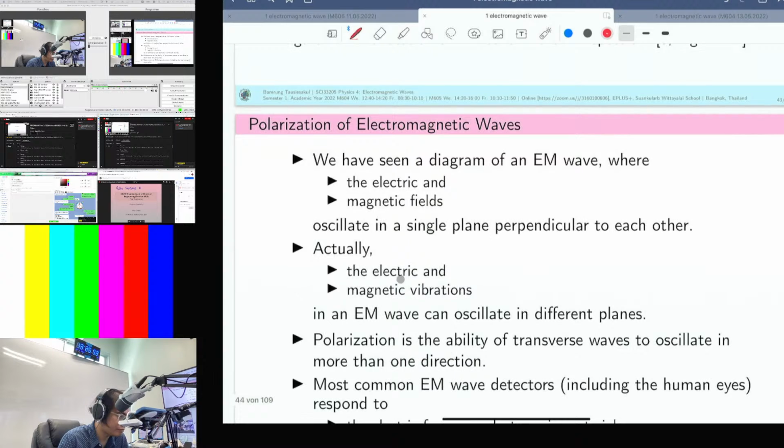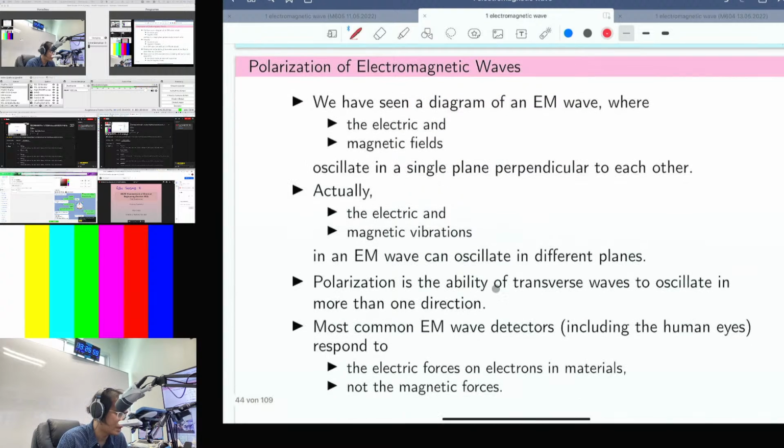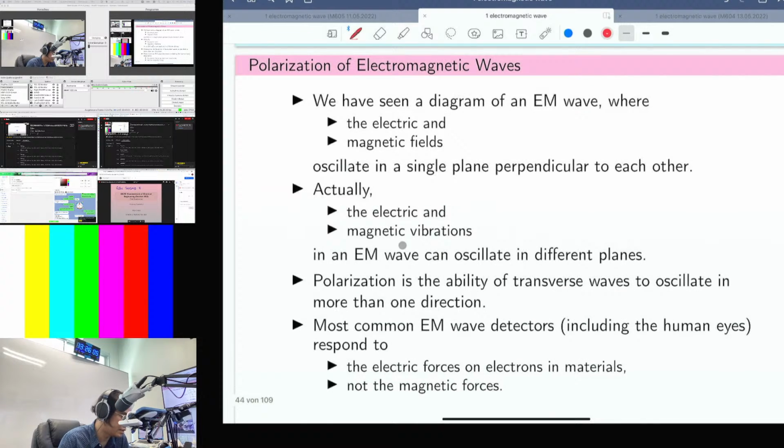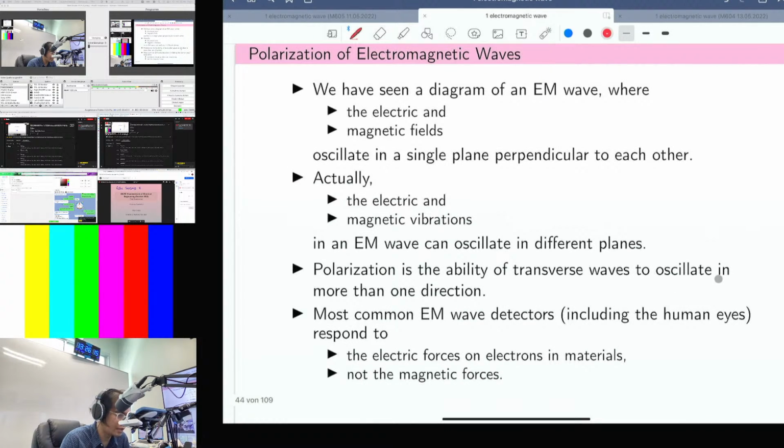The electric and magnetic field vibration in the EM wave can also oscillate in different planes, and this is the situation we're gonna see in this topic. Polarization is the ability of transverse wave to oscillate in more than one direction. Okay, the one you have seen is a simple case of